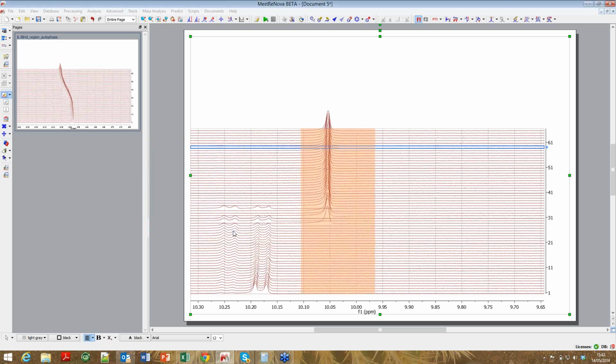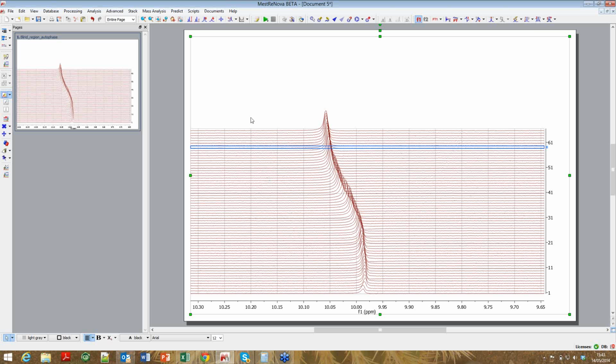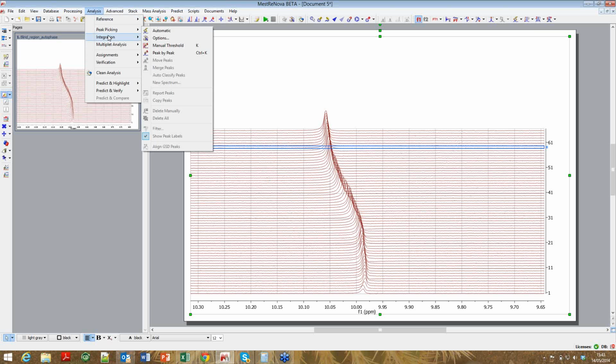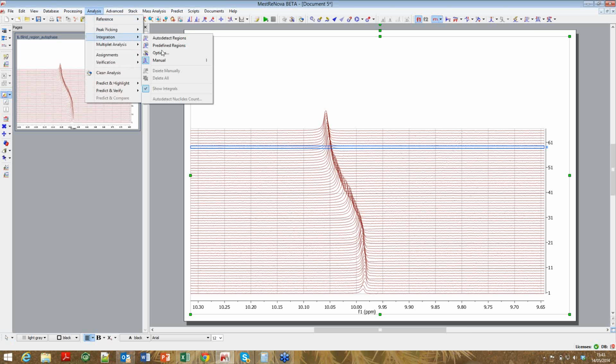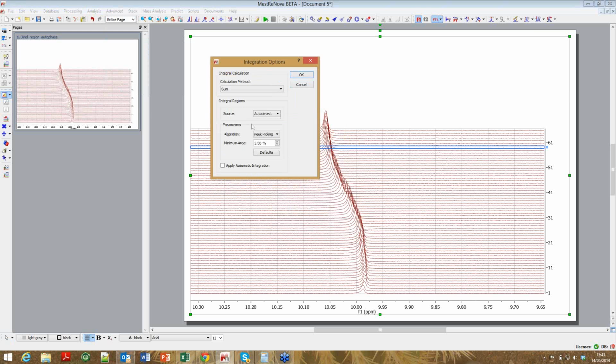Right, I wanted to talk about global integration versus sum integration. How do you do that? Well, the way you do that is to set the integration method. So if we go to Analysis and Integration and Options, yeah, I might have missed it. I did. Okay, so the option window pops up,